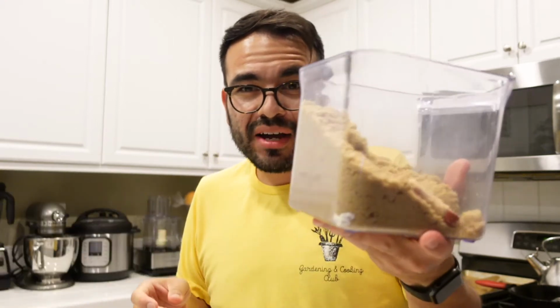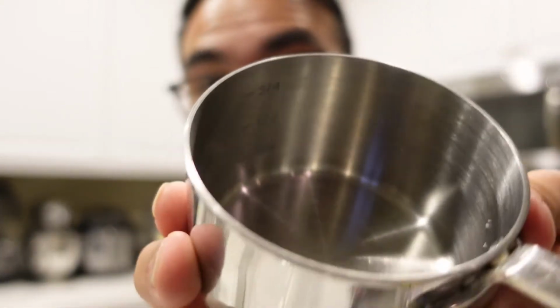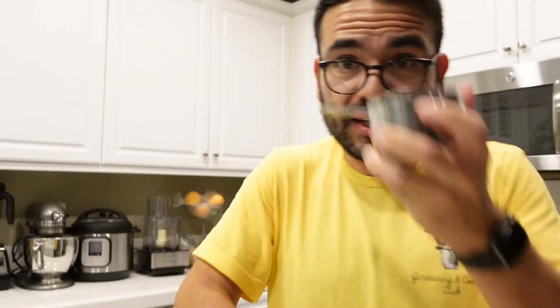If you have dark brown sugar, it'll work just as fine. I have my dark brown sugar here. Now the recipe says 3/4 of a cup of lightly packed dark brown sugar, or light brown sugar I should say. Now, how do you do that in a recipe? You're gonna take your measuring cup, and my measuring cups actually have a 3/4 of a cup line, which I don't think many of you could probably see right there. There's some lines. Anyway, I'm gonna take my measuring cup and go ahead and